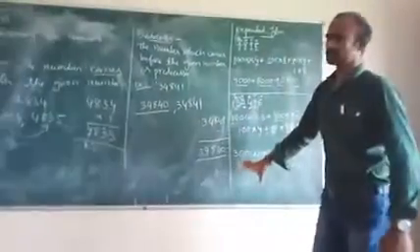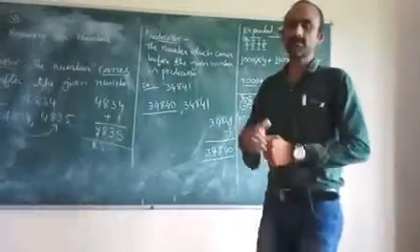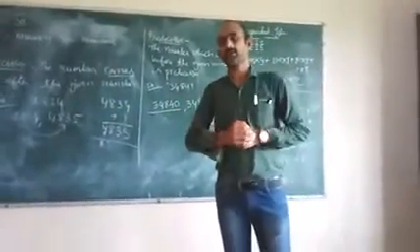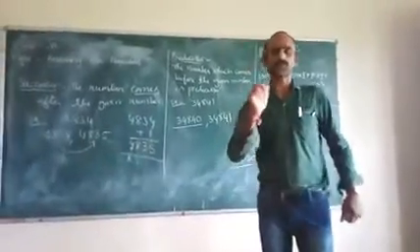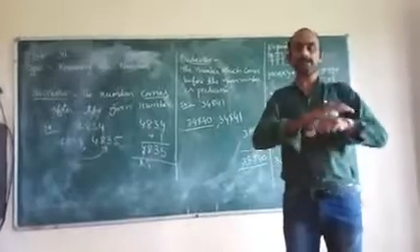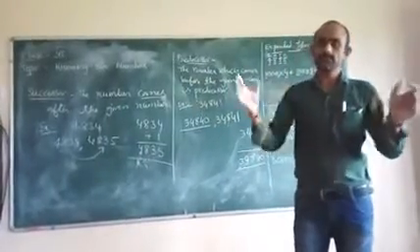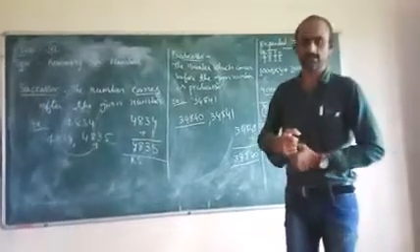So these are some of the examples. And one more topic: in the expanded form we are separating. Now the opposite of the expanded form is the short form. How to write the short form? Short form means the question will be given in expanded form, and we have to put it together and write it according to the place values.